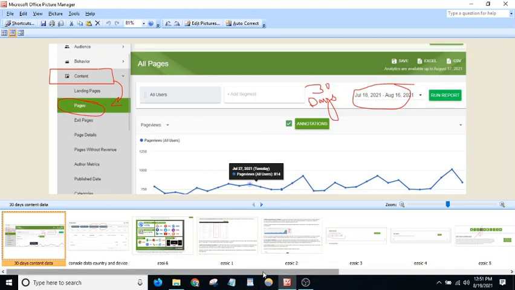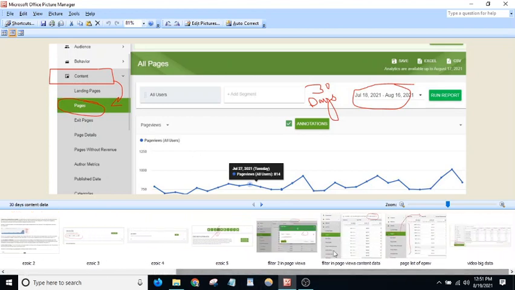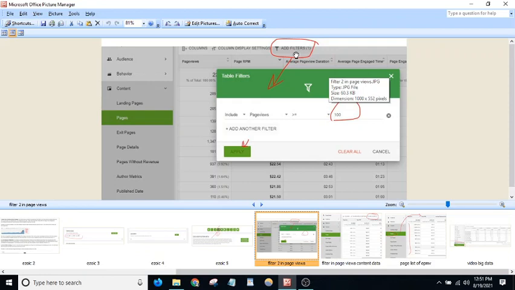And now what you will do is add a filter. If your articles have at least 50 page views, or most articles have 50 or 100 page views, you need to add a filter: include page views greater than or equal to 100.